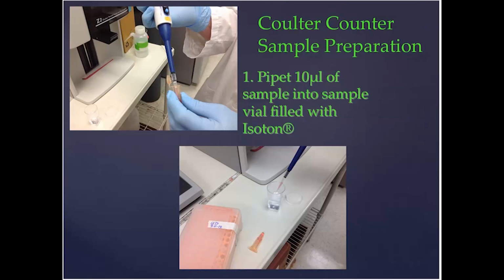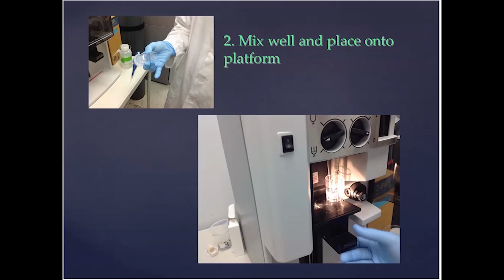Here's a picture of the sample vial, and the isoton is in the sample vial, and we're adding the 10 microliters of cells directly into the isoton. You take that sample vial, close it off, put a lid on it, invert it several times, and then after you mix it, you place the sample onto a platform, move it in place,